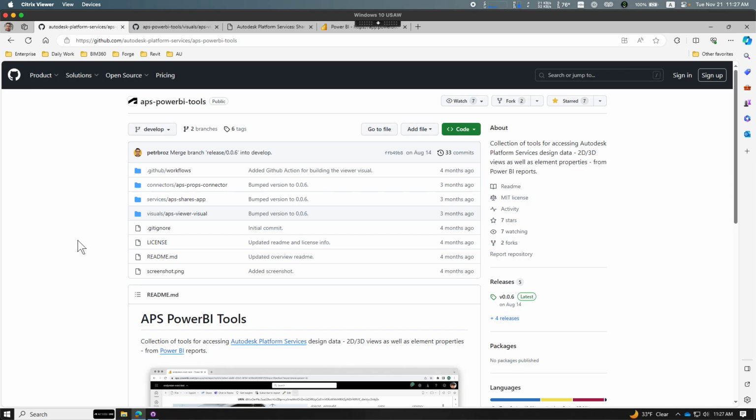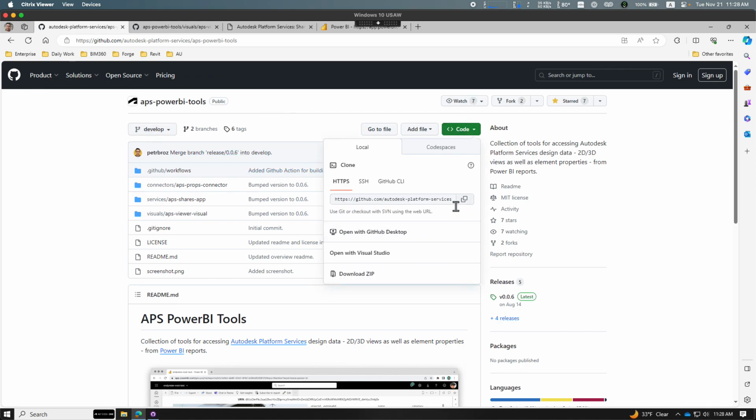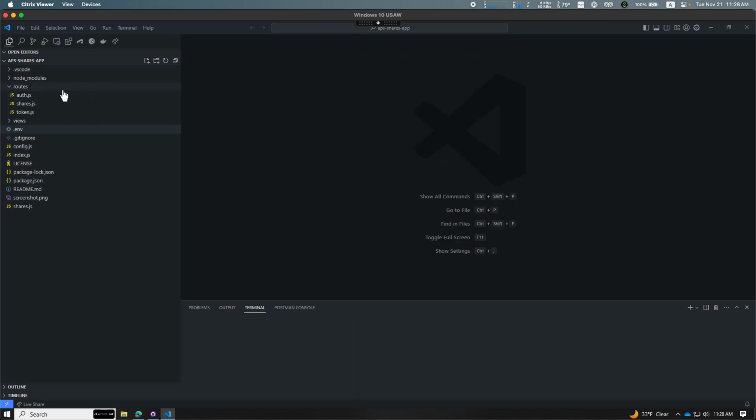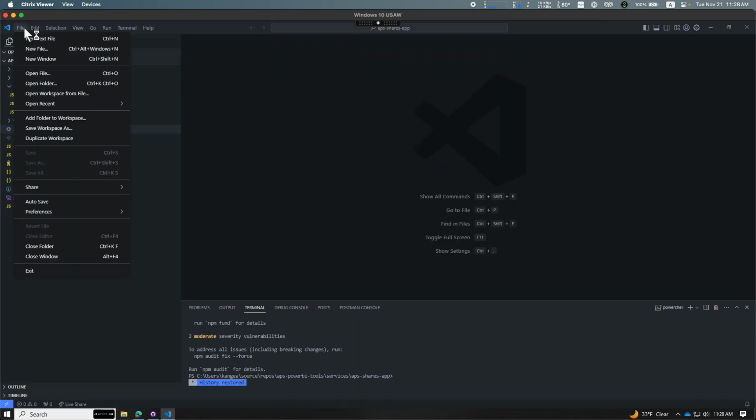Hi here. I'm trying to demonstrate how to set up this Power BI tool. First, we can download the source code from this GitHub repo. And next, we'll open this APS share app. Okay. Now suppose we already downloaded the source code, and next we go to